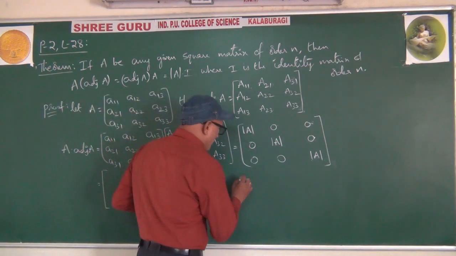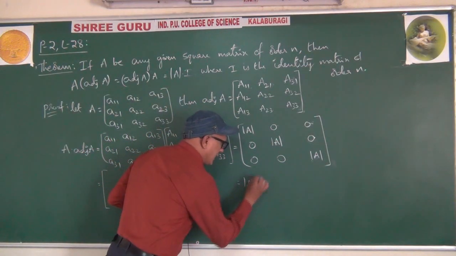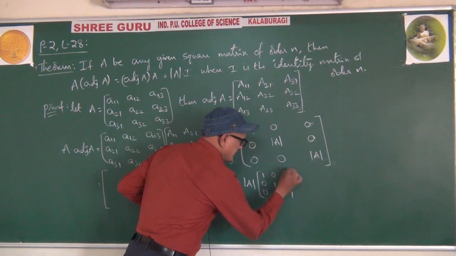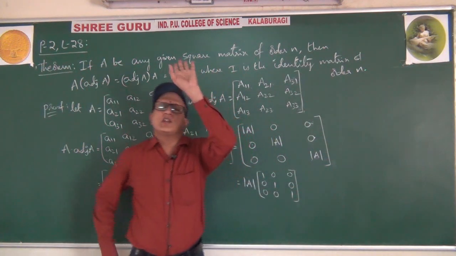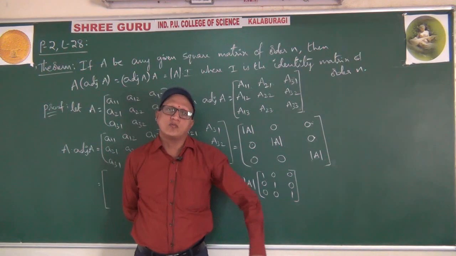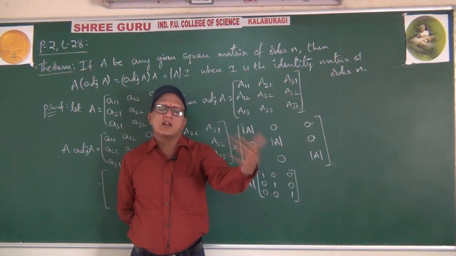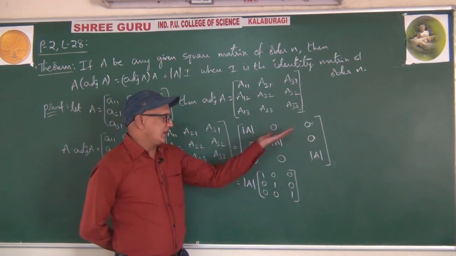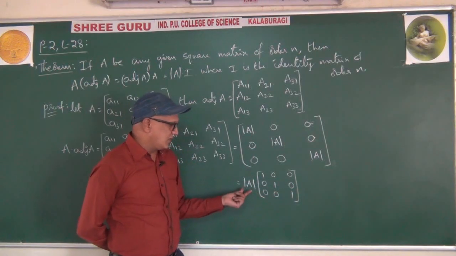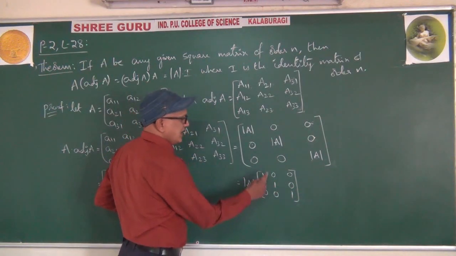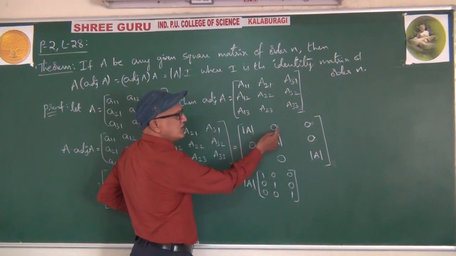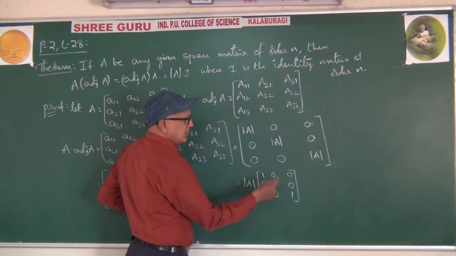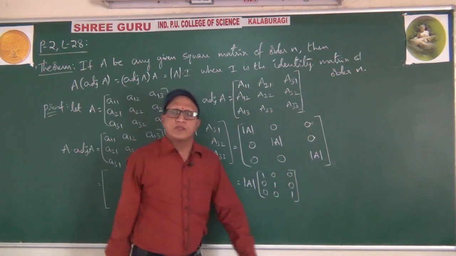Okay? What I am doing is taking determinant of A common, leaving the matrix 1, 0, 0, 0, 1, 0, 0, 0, 1. Scalar multiplication of a matrix was in the very beginning of the matrix chapter, after the addition of two matrices. We can take it common. If you multiply with determinant A, what do we get? Determinant A into 1 is determinant A, determinant A into 0 is 0, and so on, and determinant A into 1 is determinant A. You can check.